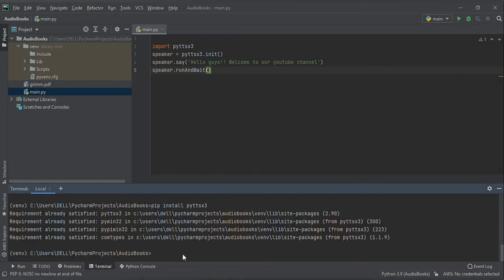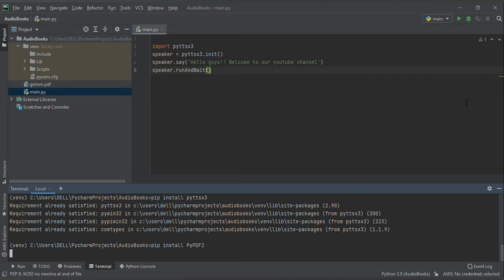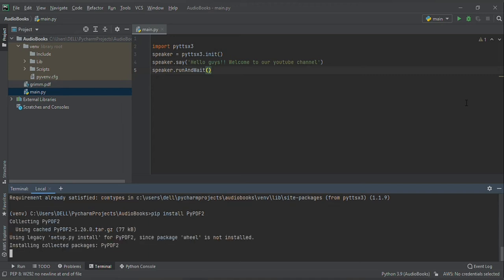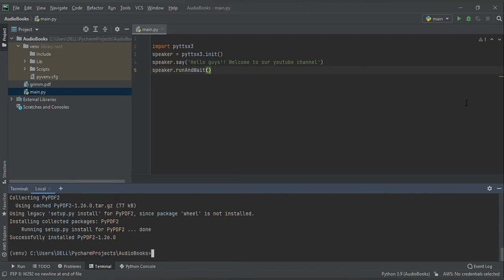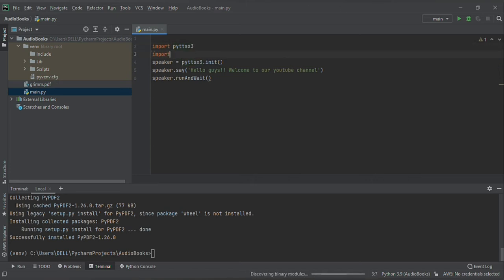And now let's head over to a PDF file. I'll provide these links in the description. To run a PDF file as an audiobook, we need a command to be installed in our system. So it's now installed. And to import that statement, to read a PDF file,